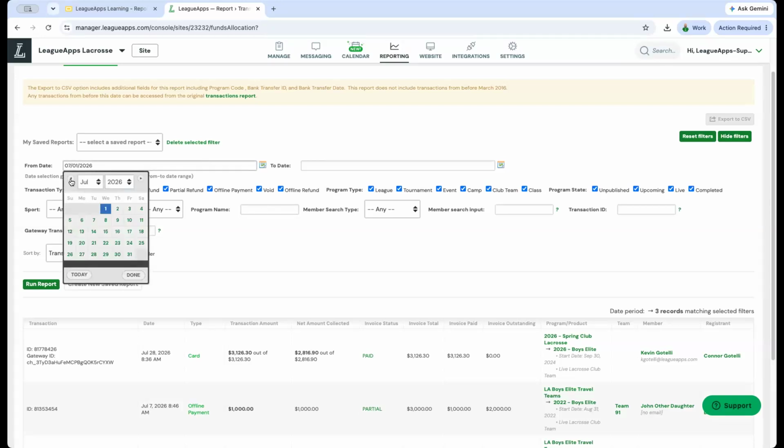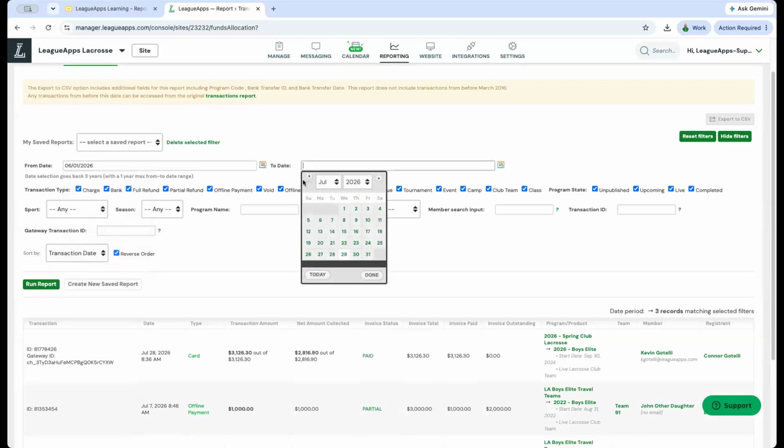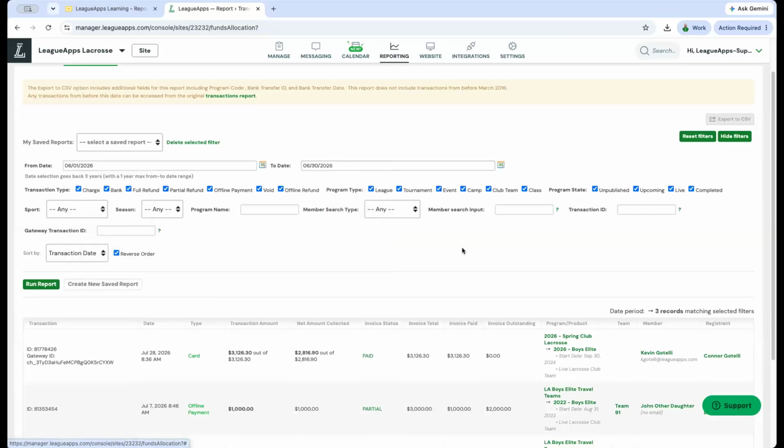So let's say I want to look at transactions from June. And in particular, let's say I just want to look for refunds that I issued in June. We could do something like that, or we could look for bank payments, etc. So here's where we can start to use these filters to look for those particular transactions. We could also filter by sport. We could search for a particular member, all sorts of things like that. And we can also choose how we want our list to be